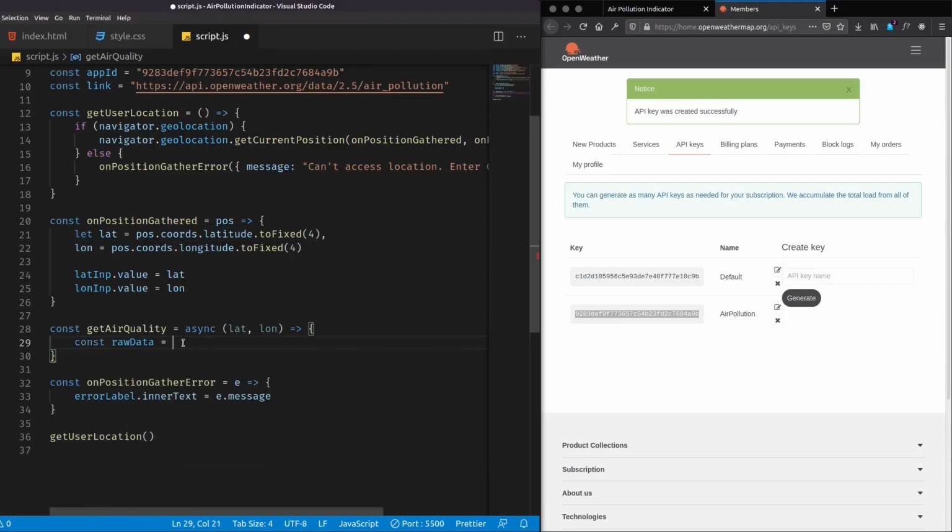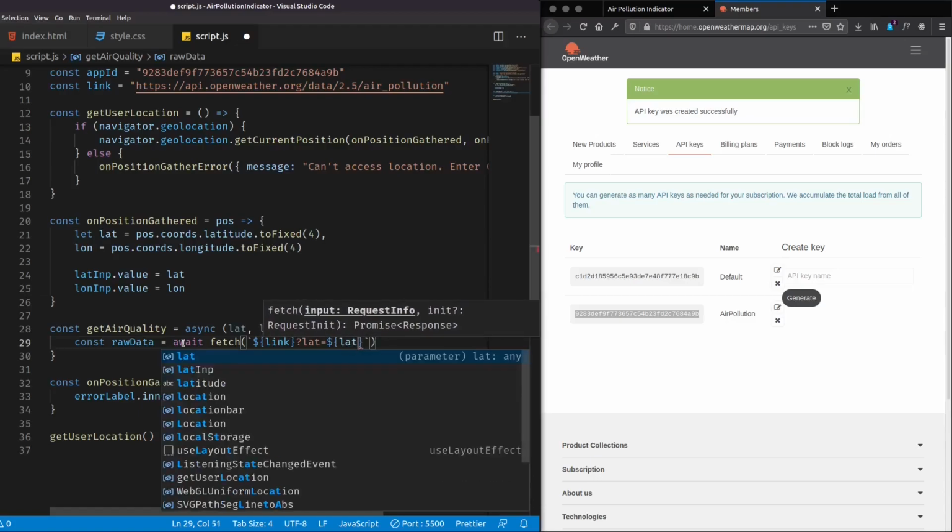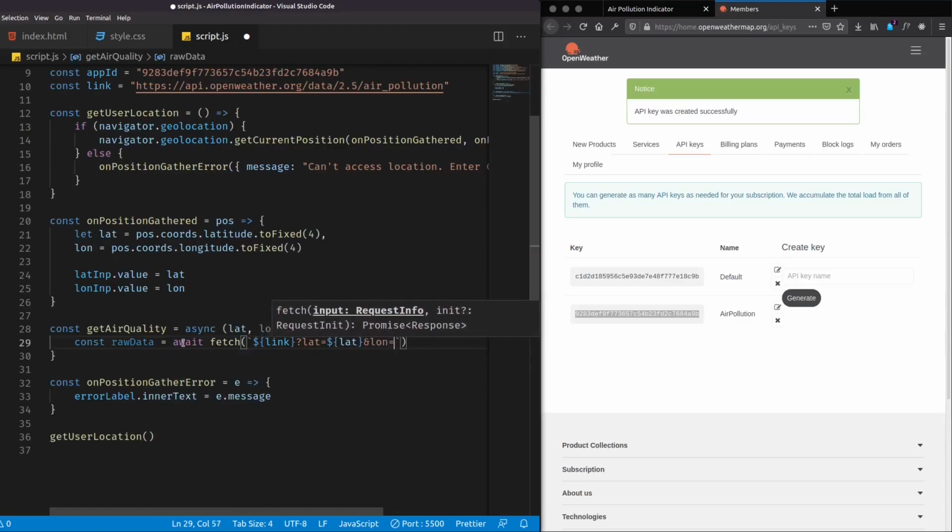I'll define a variable called rawData and await for a function. I'll use a fetch API over here and fetch the link, and I add the query parameters, that is lat is equal to the latitude which we get, and longitude is equal to the longitude, and also add the app ID.